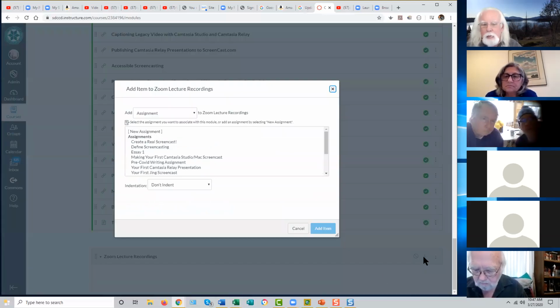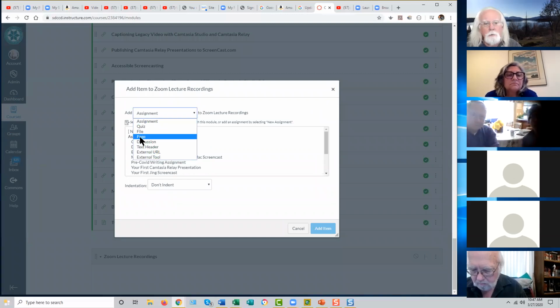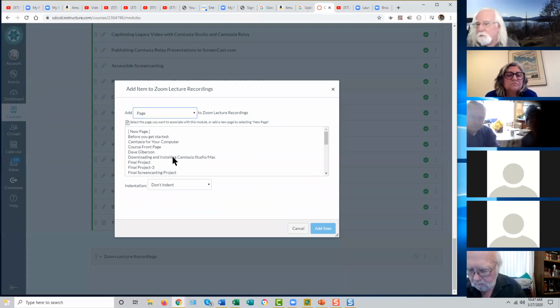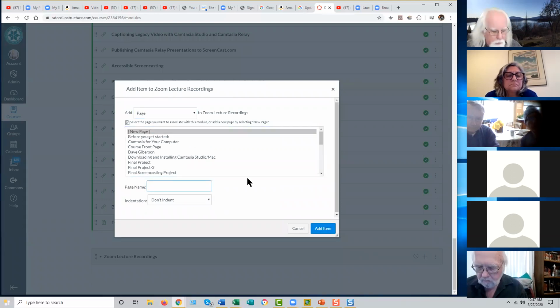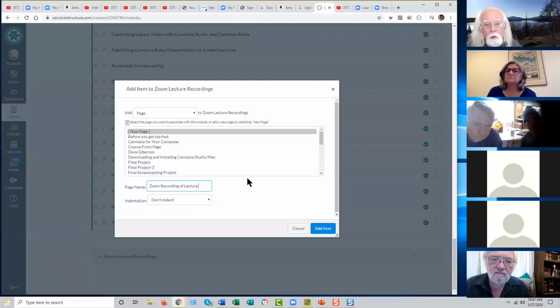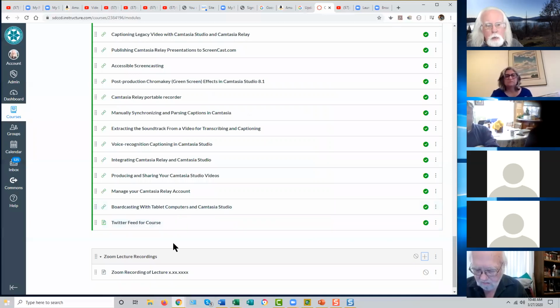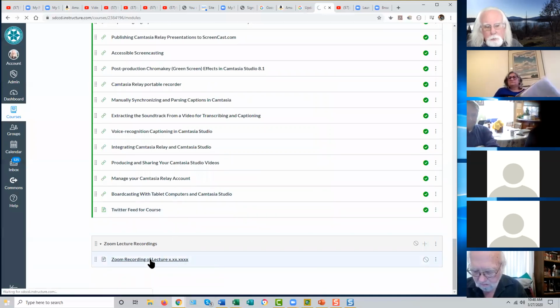Then I could make a page in that module for each video, or I could even put multiple videos on the same page. But let's just make a new page and put one video in there, and I'll call this Zoom recording, and put a date in there, something like that. The Zoom recording of lecture date, and add the item. Then I would edit that page,